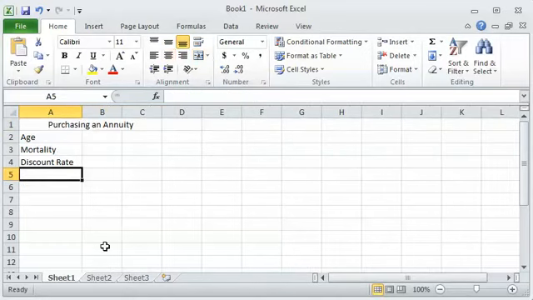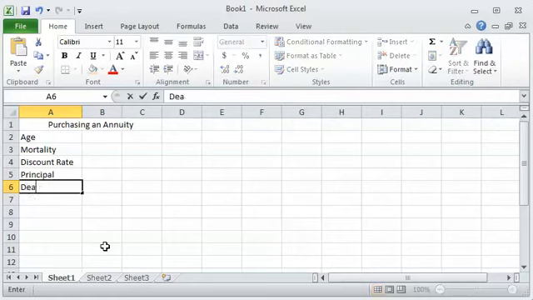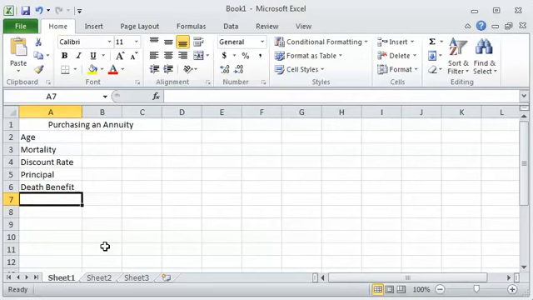Let's clean things up a bit. And we need to know then what the principal involved is. How much is this client putting in? And is there going to be any death benefit? Is it going to be a life straight annuity with no death benefit paid? Or is there some amount that's left behind at death here that would make this a little bit different? And